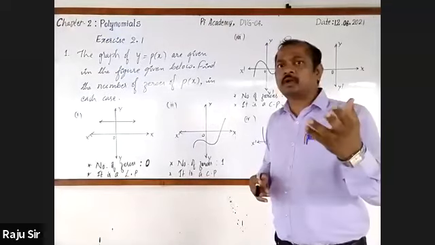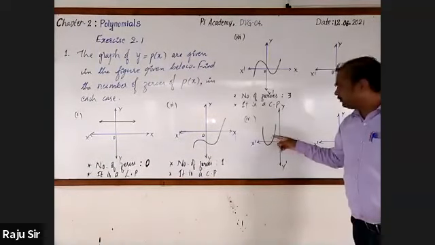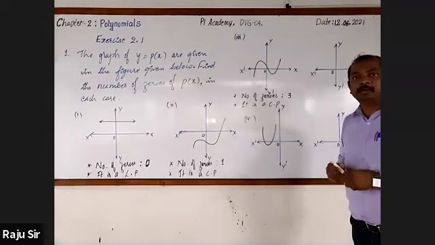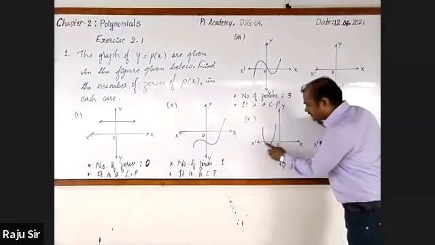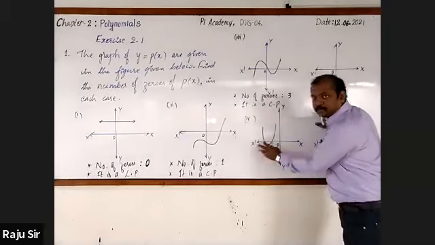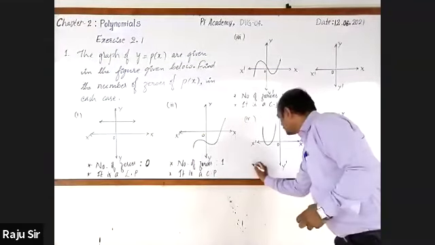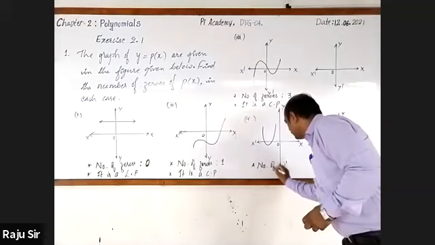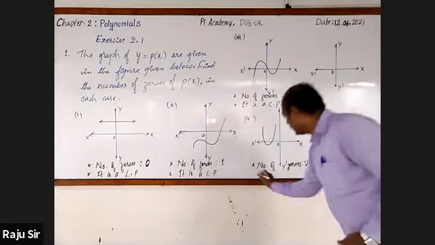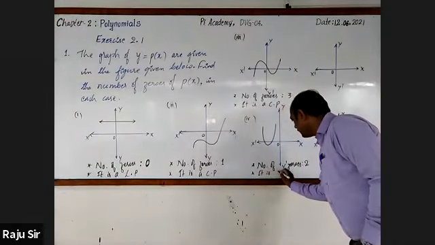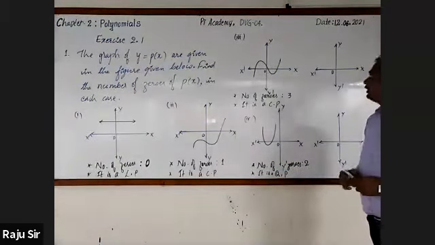Sangamesh, you should also recall with me. So it is a parabola. We can say that it is a quadratic polynomial. And observe the number of zeros. This graph has intersected the x-axis at 2 distinct points. Hence, you can say that it has 2 zeros. That's right. Number of zeros is 2. Next, it is a quadratic polynomial.